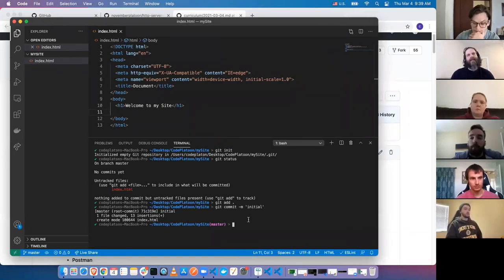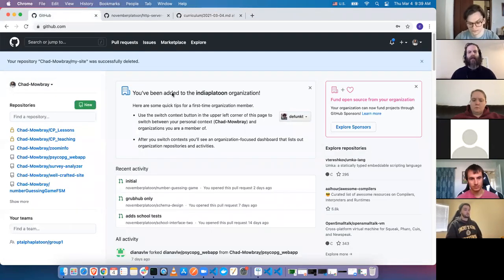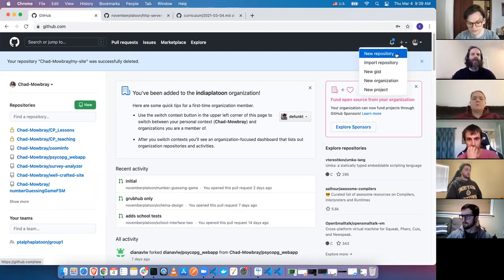The problem is that this is restricted to our local machine. So we want to actually put this on GitHub. So we want to connect a remote. We want to point our repo to a remote location. If you just go to your GitHub account, in the top right corner, there's a little plus sign, and you can create a new repository there. So we'll create a new repository,